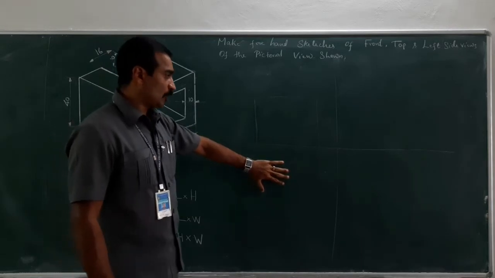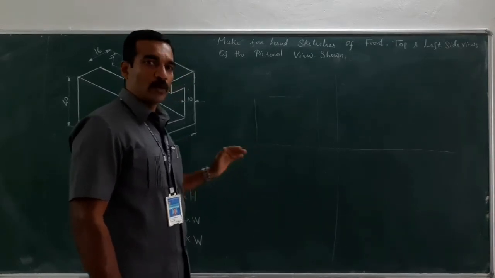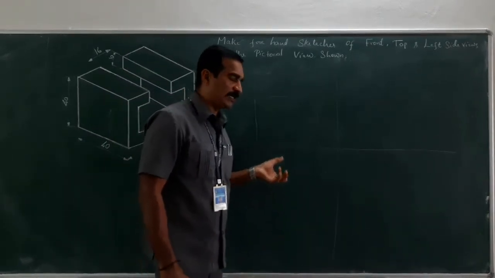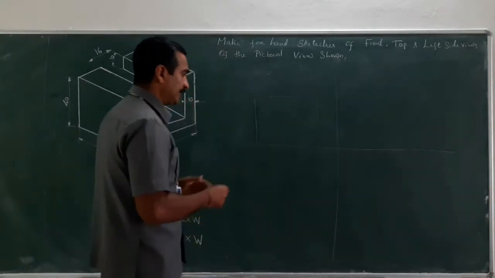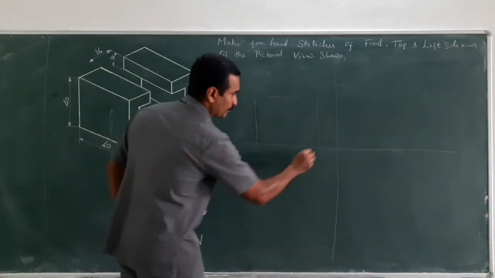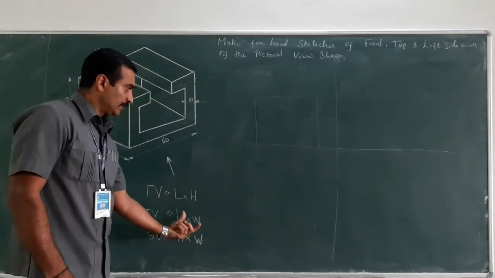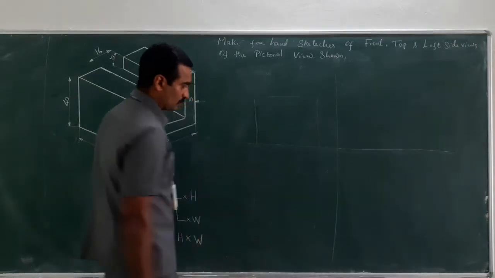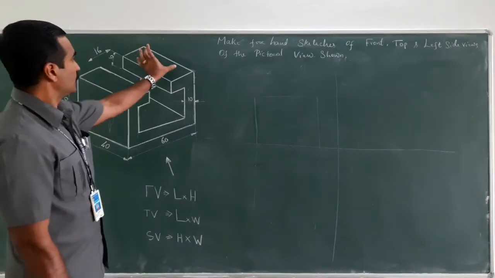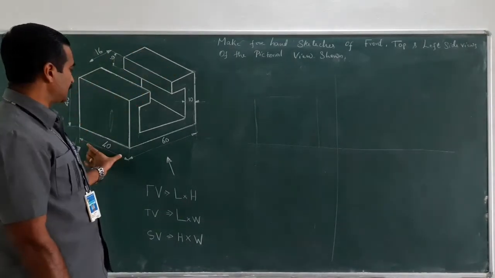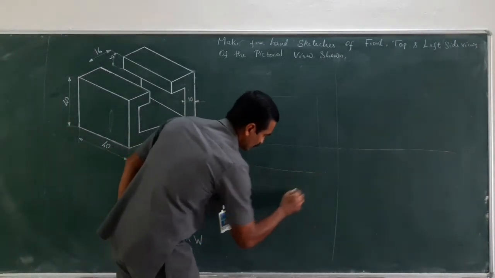And for the top view, leave at least 20 mm between two views. The reason why I am asking you to leave some 20 mm space is to draw the dimensioning line, or to mark the dimensioning. So, now extend this line, this is called projection line, right. Now, for the top view, length and width, length is 60, which I know. So, mark from here 20 mm, right. Now the width, look at where it is mentioned, yeah, here it is captured, it is 40 mm. So, from here it is 40 mm. So, construct a box.